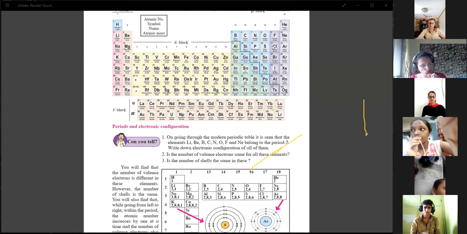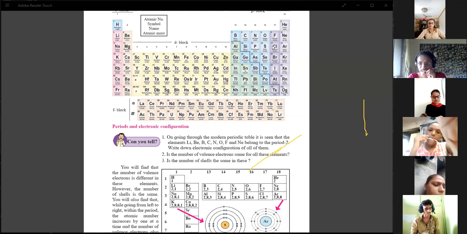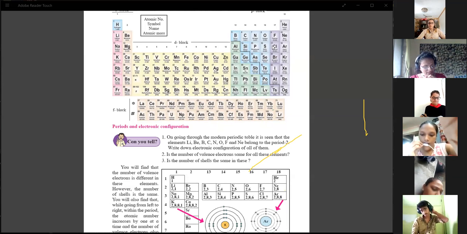Question 6. Choose the correct option and rewrite the statement. The number of electrons in the outermost shell of alkali metals is 1, because alkali metals are the first group. Second is the alkaline earth metals. D block is the transition elements. Remember that alkaline earth metals have valency 2. This means their position in the modern periodic table is Group 2.